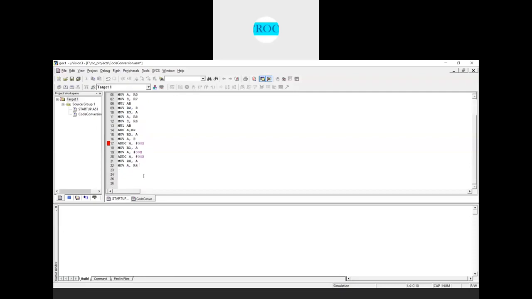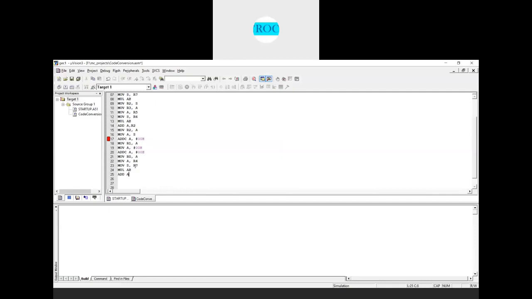Now first I will take the content we have in R4, 43. I'll move it into the accumulator. Similarly, move B comma, now the lower byte of this 16-bit number is stored in R7. The R7 content I will move into B register. Next I perform multiplication A and B.